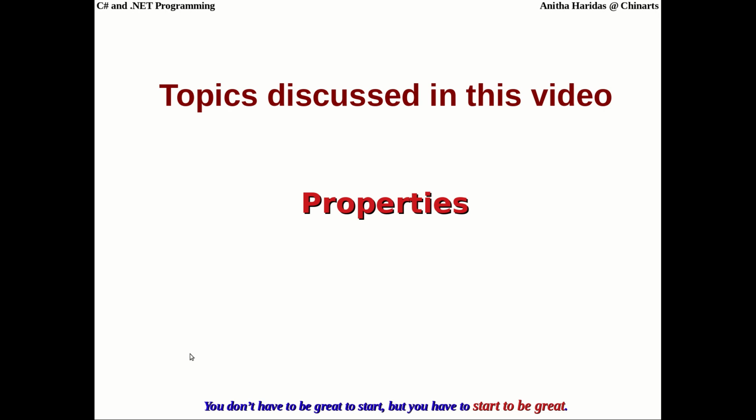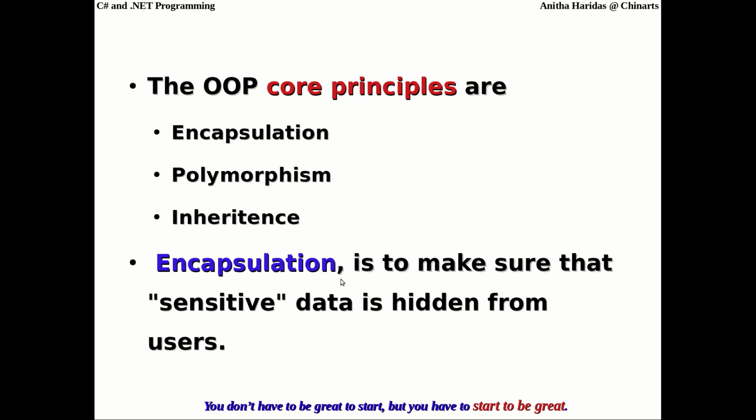In this video, we are going to discuss what are properties. Let me just remind you, the object-oriented programming core principles are encapsulation, polymorphism, inheritance. In these, the encapsulation concept is to make sure that the sensitive data is hidden from users. When I say sensitive data, the data which you don't want to reveal to the end users, some confidential data of a particular object,